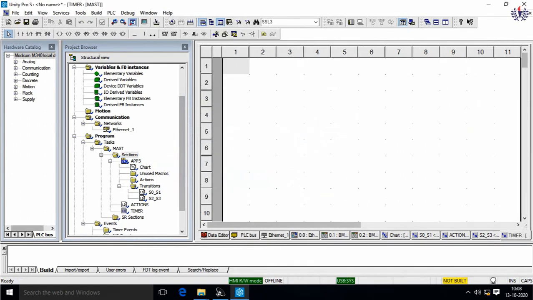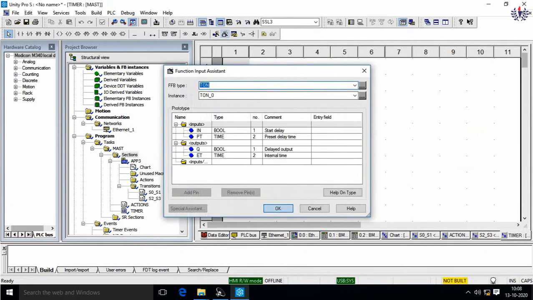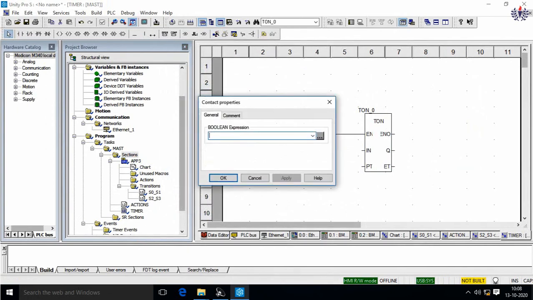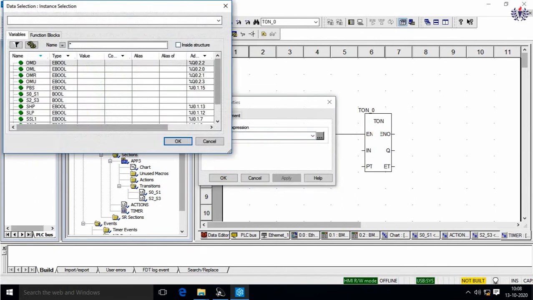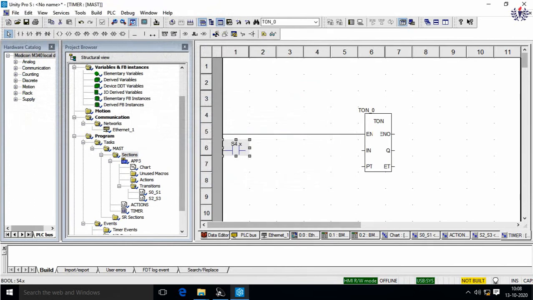Okay, I made it. Now I am going to insert a timer, that is TON. I am going a little bit fast because you are familiar with this. Enable, and at which step it is going to be activated, so that I am going to connect it. It is nothing but step 4, so I will make it as step 4 inside structure S4.X. I made it. Fine. So now I am going to interconnect it. Here I am going to give the delay as 5 seconds, because we have discussed that 5 seconds I am going to give. It reached.